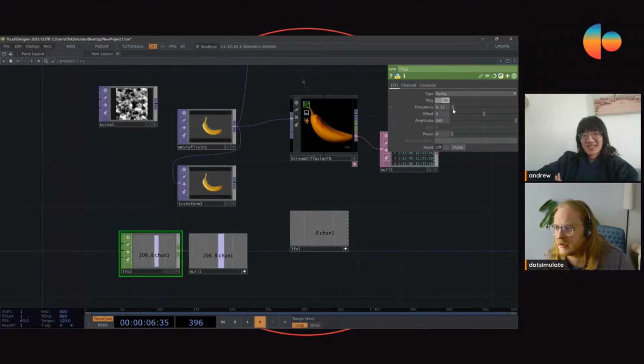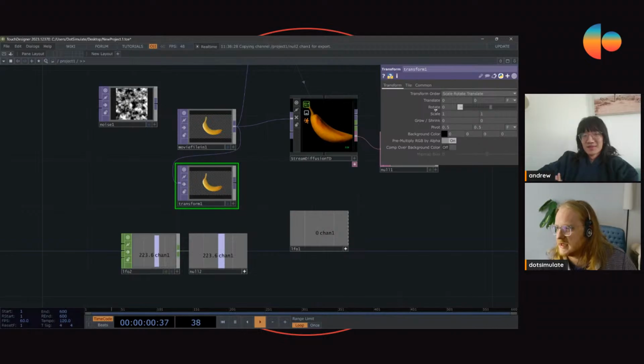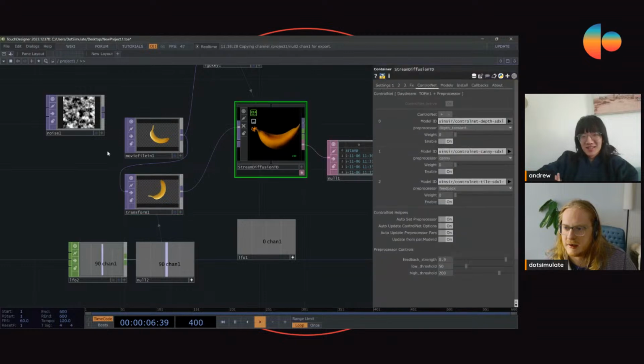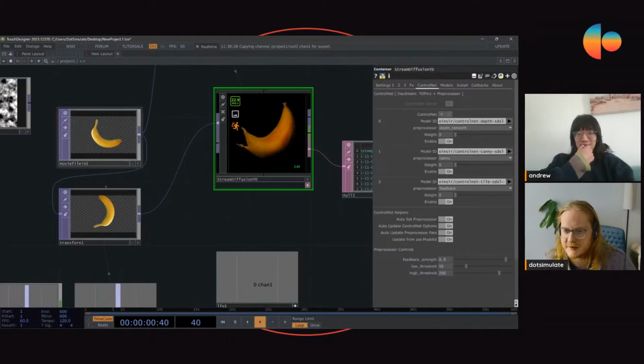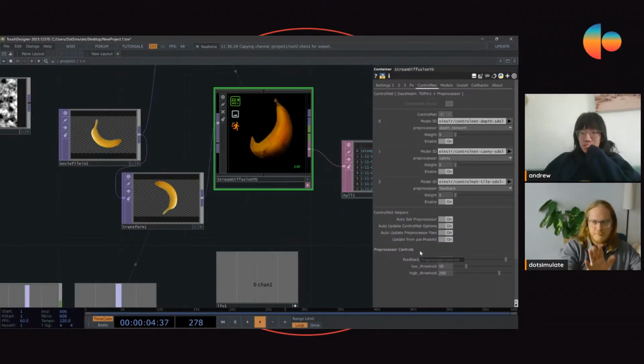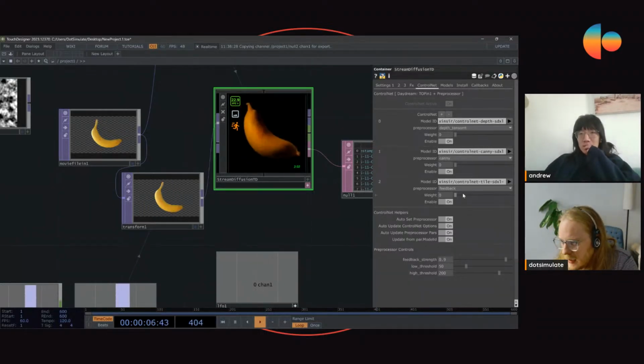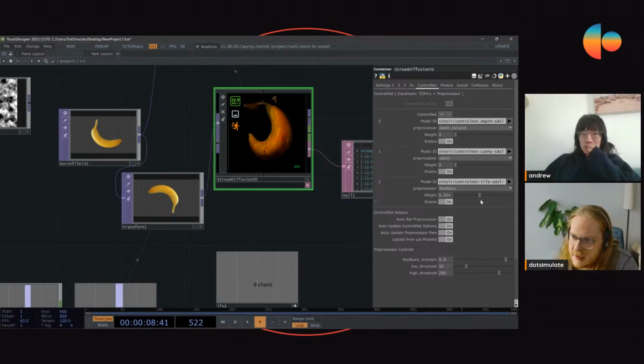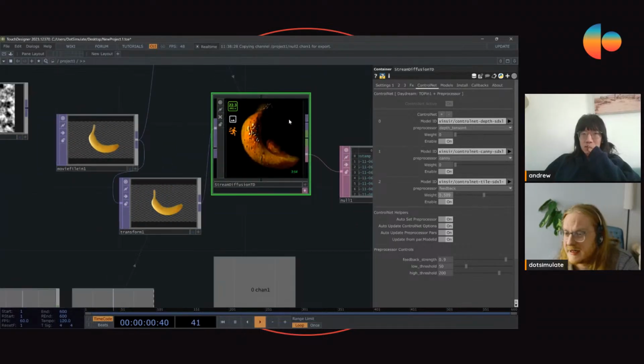just bringing a ramp LFO in with a 360 amplitude to get our banana spinning. We'll plug it in. Impressive. And now we get a little bit of motion so that we can see this feedback in action. So this is now all 3 of the control nets at a weight of 0. But as I drag this feedback strength up, we're going to get, I mean, it almost looks